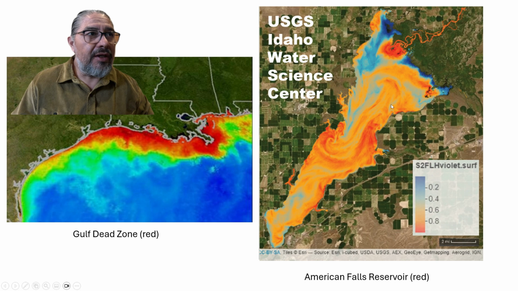And then this is American Falls, and this is from the USGS showing the red shows where you're having these real high levels of algae growth and problems. And so you can see the Snake River coming in here very hot, and the Portneuf River coming in here very hot with eutrophication causing algae growth, and then it flows in. This is the Fort Hall bottoms here, and so you have relatively cleaner water coming in, and it's hitting here